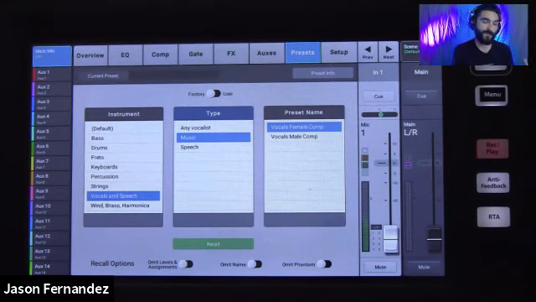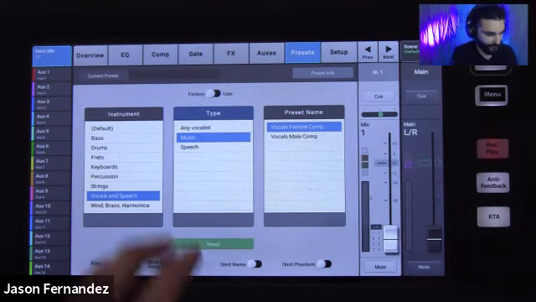So all of these presets are going to give you an EQ curve. They're going to give you a nice tailored EQ curve based on that application and that instrument. Additionally, it may or may not give you some compressor settings and or gate settings as well. The factory presets here won't ever include effects because effects are rather subjective, and there's a lot of other elements and parameters that need to be taken into consideration when you're applying those. So our factory presets are going to give you a great EQ curve and maybe some compression and some gate.